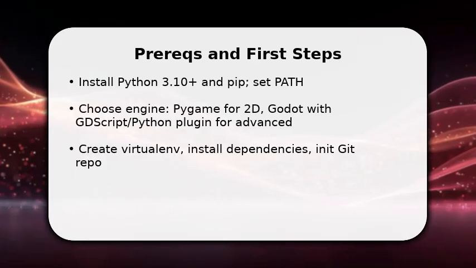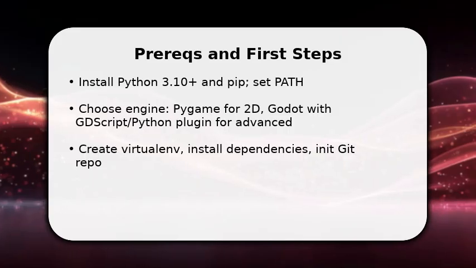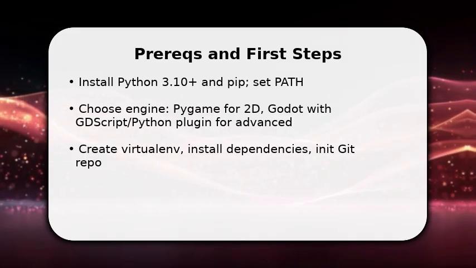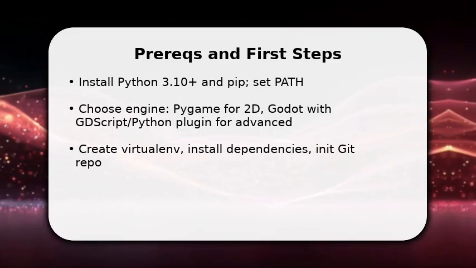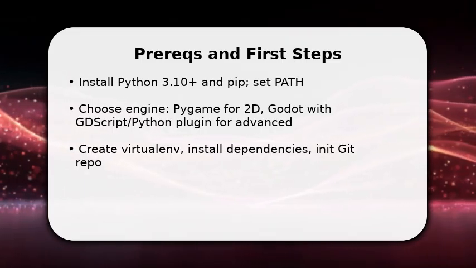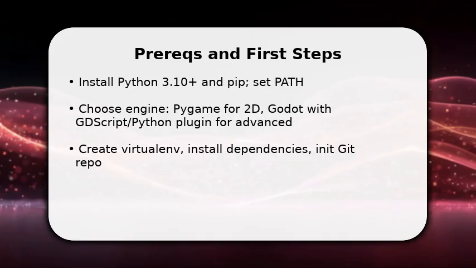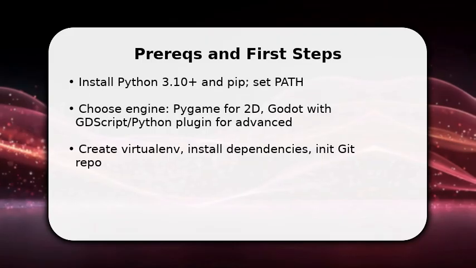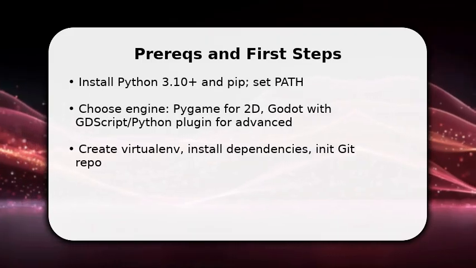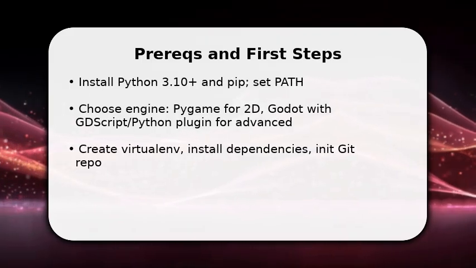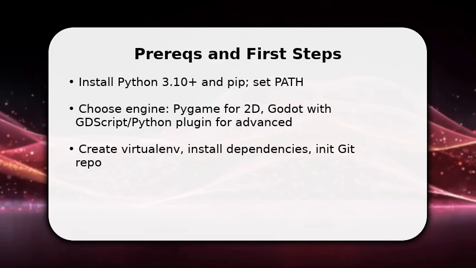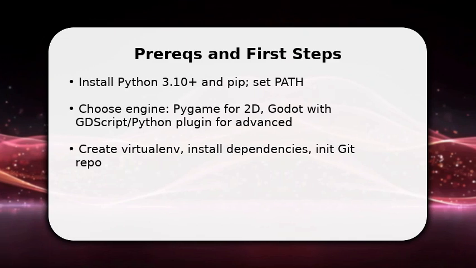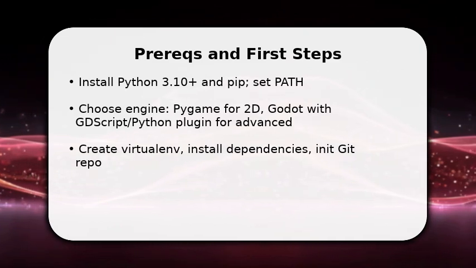You start by preparing a clean environment. Install Python 3.10 plus, enable pip, and create a virtual env. Once done, pick an engine, Pygame for straightforward 2D, or Godot with a Python plugin for more structure. Make sure to initialize a Git repository now so you can track changes. Then install required libraries with pip. This gets you coding immediately rather than fighting setup later, and it guarantees reproducible builds and easier collaboration as your